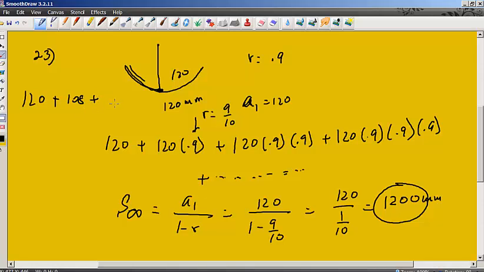Because then the next one's going to be 108 times 0.9. Calculate that for me. 97.2. So it's going to go on like that. What it's saying is, this is 10% less than that, and this is 10% less than the previous one. Basically, it's 90% of the